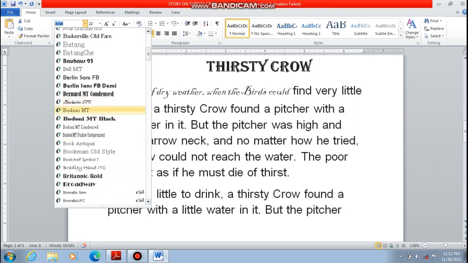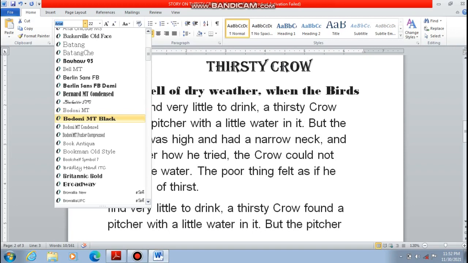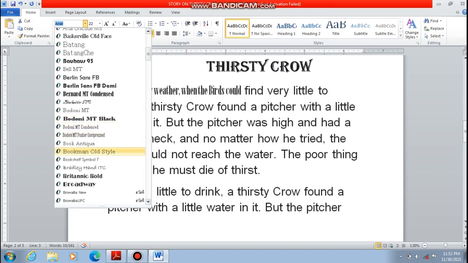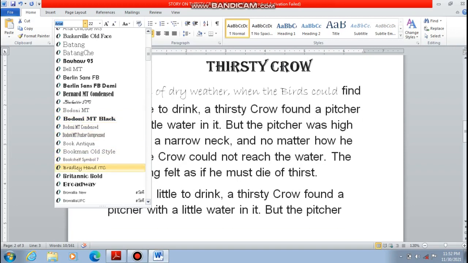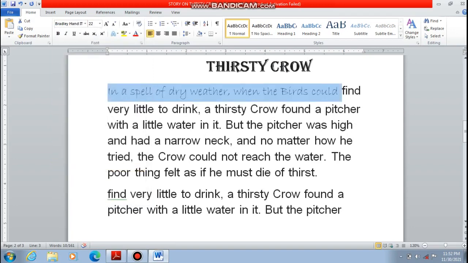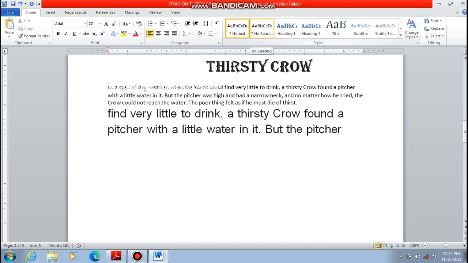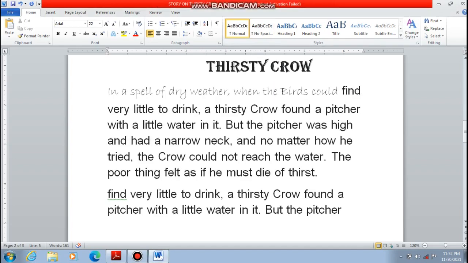So these words I have selected, and you can see these words are written in this way. This is known as changing the font style. There are a number of font styles here.